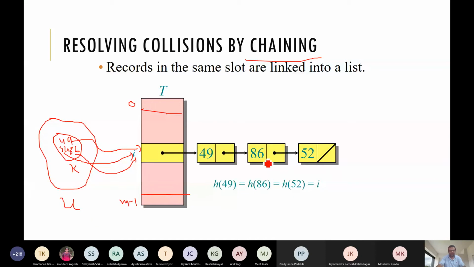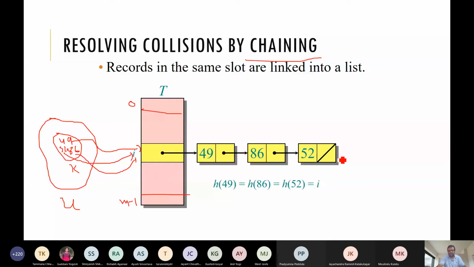All these three keys are colliding here. So we need to have a linked list, or an array or something like that, to store them. We just store these keys into the linked list. 49, in the order they are coming, the order in which we apply the hash function on them. That order we are following here.